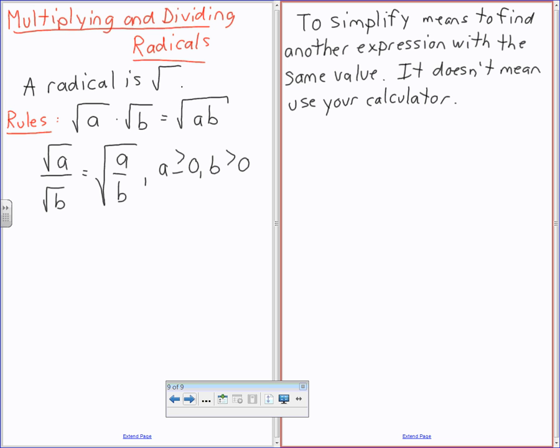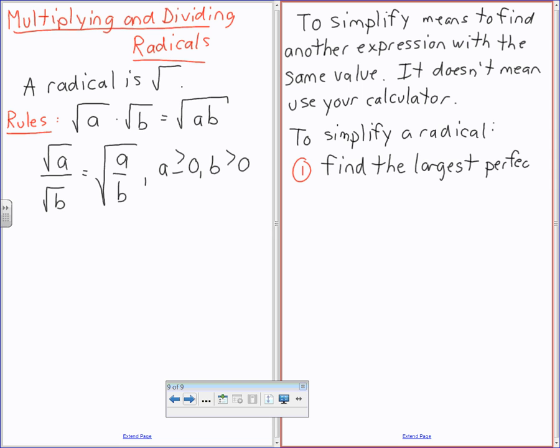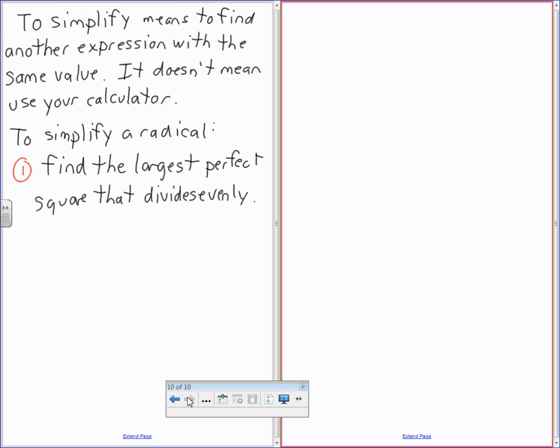Okay, so here we go. Here's the way to do it. To simplify a radical, number 1: find the largest perfect square that divides evenly. Okay, so what I mean by that, for example,